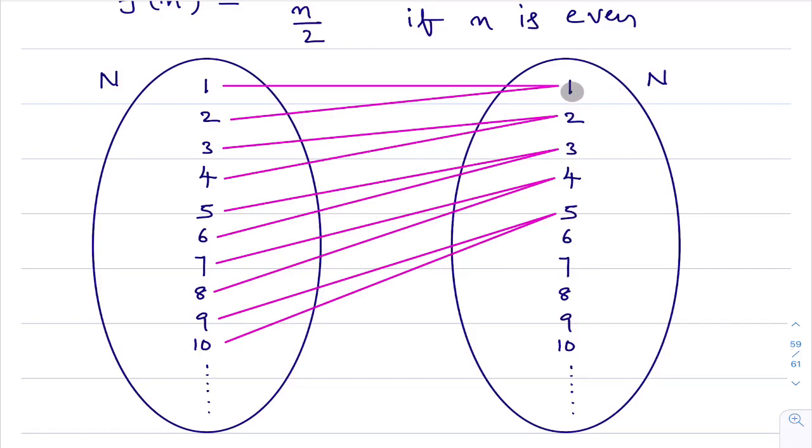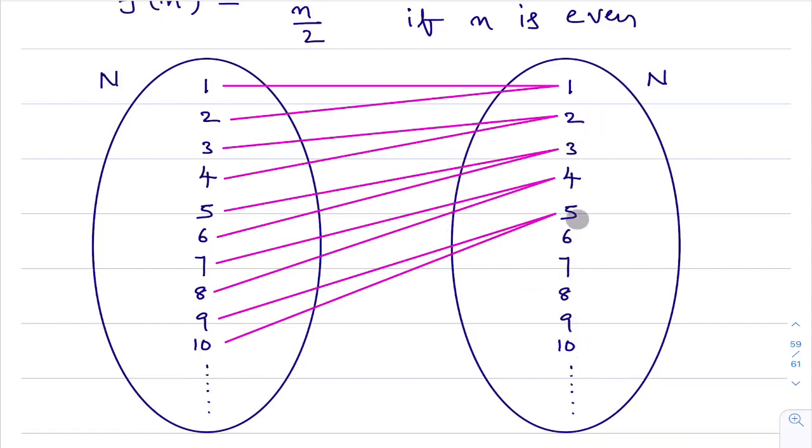So for 1, is a pre-image there? Yes. For 2, are pre-images there? Yes. For 3, 4, 5, 6. For 6, are pre-images there? Of course, we will get. I have not written here as the natural numbers are an infinite set. You take 11. 11 is an odd number, right? 11 plus 1 by 2. For the 6, what are the pre-images? 11, 12. For 7, 13, 14. Like that, for every element in the codomain set, there exists a pre-image.